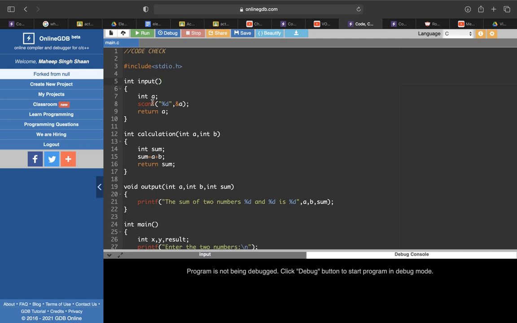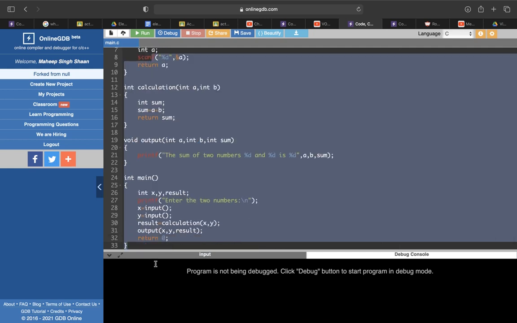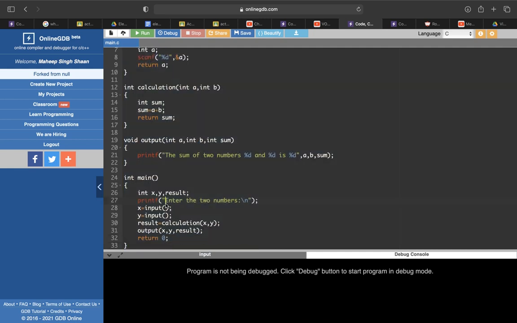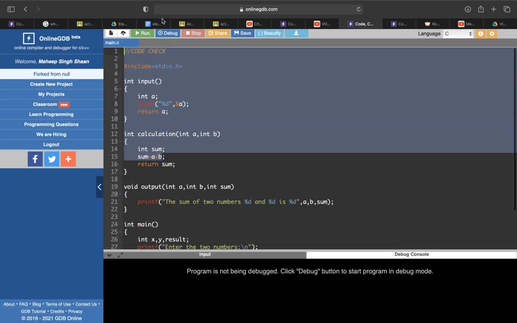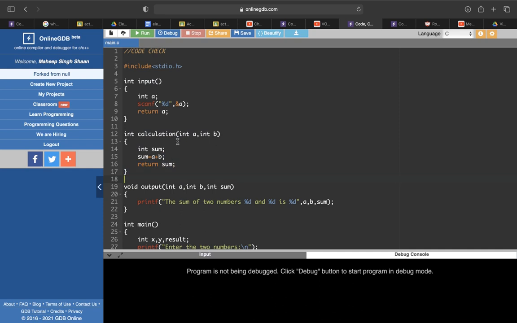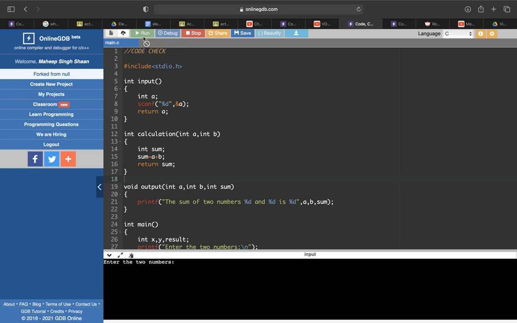Basically this is a code of four functions, and I've used pass by value here. What I'll suggest is that I'll be referring to pass by value and pass by reference in another video. This is just the example. If you guys don't know, just check out the other video as well. So what we'll do is first try to run the code and see if there are any errors. Luckily there's nothing out here.